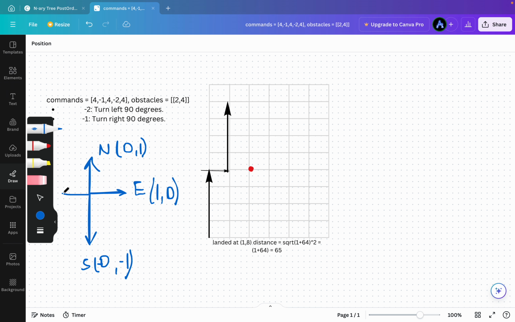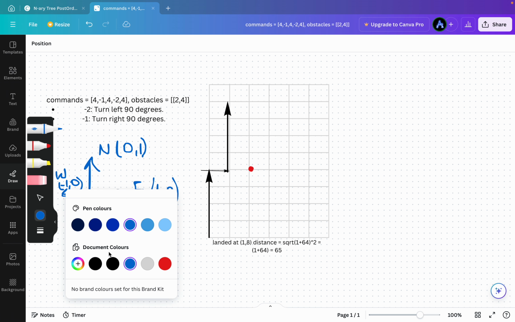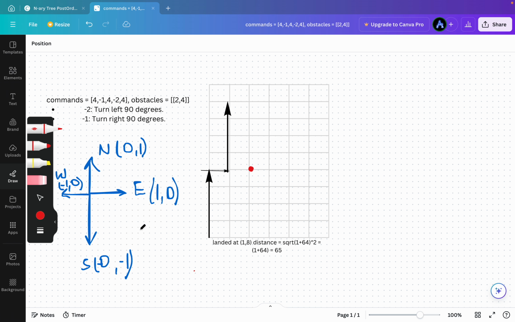And when we go west, what we do, we decrease in x and make the y the same. Okay, so let us assume, let me take a different color. Let us assume that we were facing east initially. Now we get -1. -1 says that we have to turn right 90 degrees, so we have to turn in